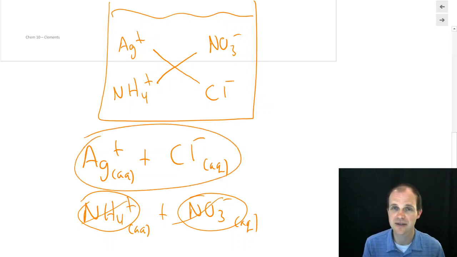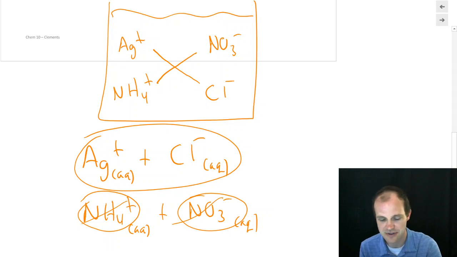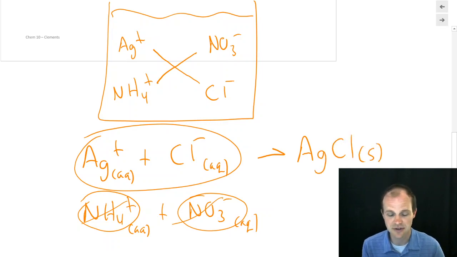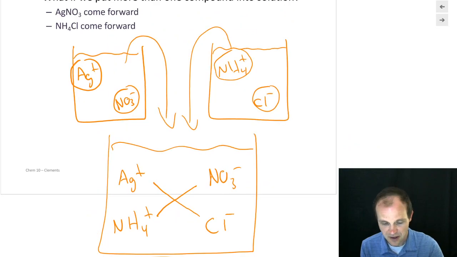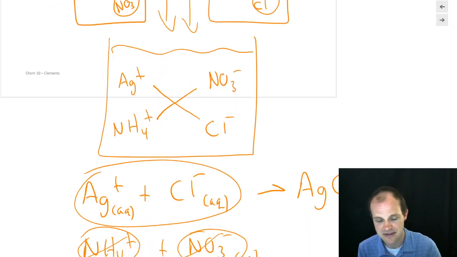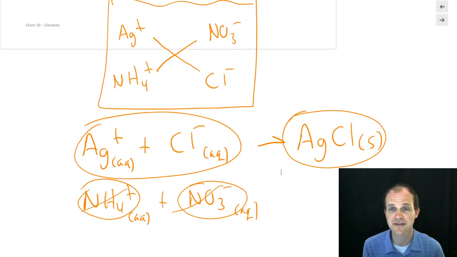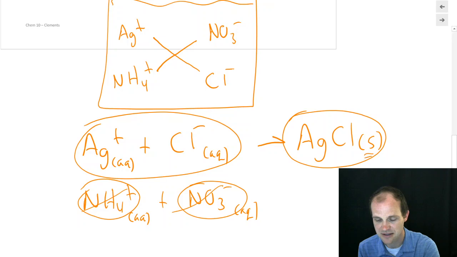Well, we know that chloride is generally soluble, but we know there's an exception for silver. And so what these two are going to do is react in solution and make solid silver chloride. So here on the left, silver nitrate is a colorless clear solution. Ammonium chloride is a colorless clear solution. And when you mix them, all of a sudden this solid silver chloride is going to form. And that solid silver chloride is going to be a white powder